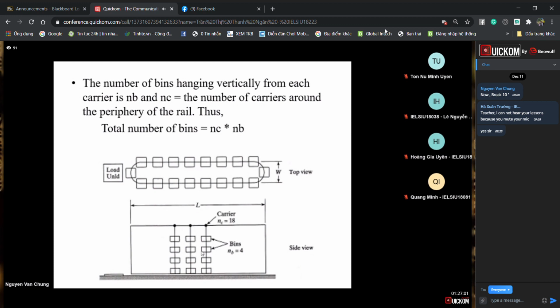The number of bins vertical from its carriers is NP and C. NP and C is the number of carriers, the number of carriers around the rail. You have the number of bins, of course, you multiply. Okay, this is the number. This is the carrier. For example, the number of carriers is NC equal